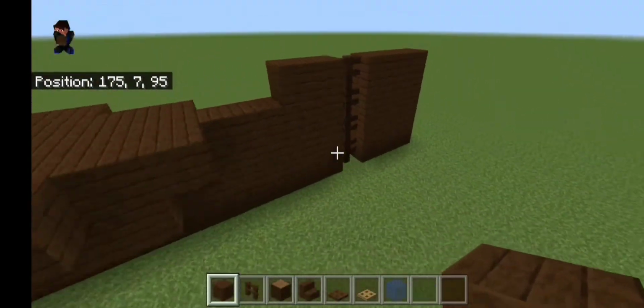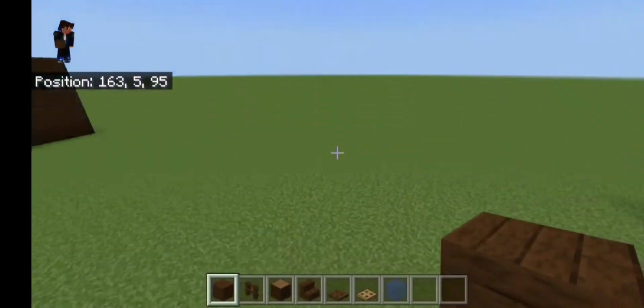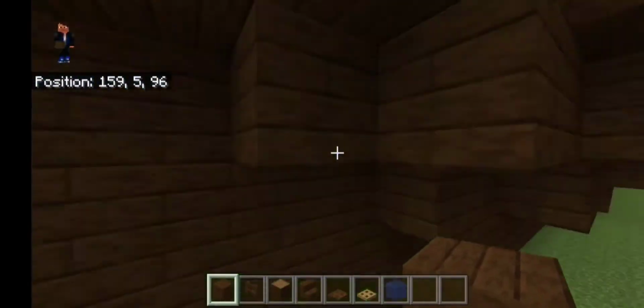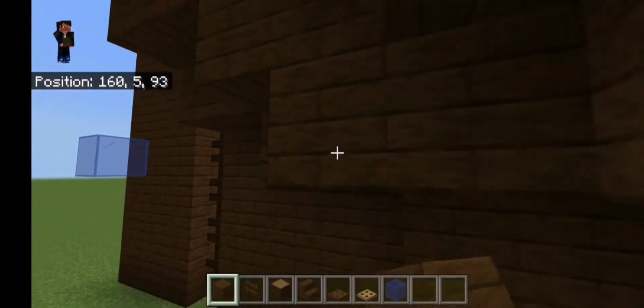So 1, 2, just like that. Now from here, it's going to be a solid 3 all the way across. So it's just 1, 2, 3 all the way across. Now from here, we're going to go out by 2, and it's going to be a solid